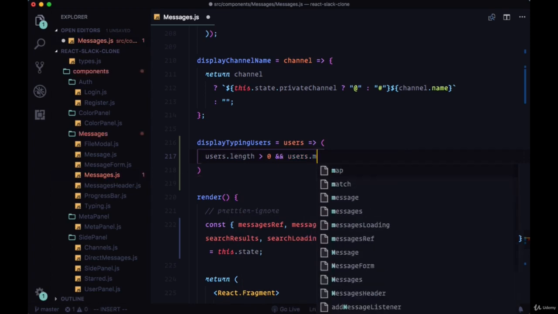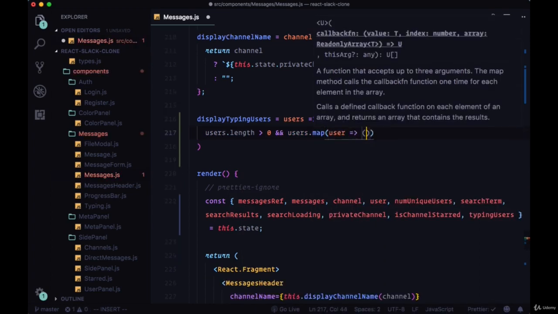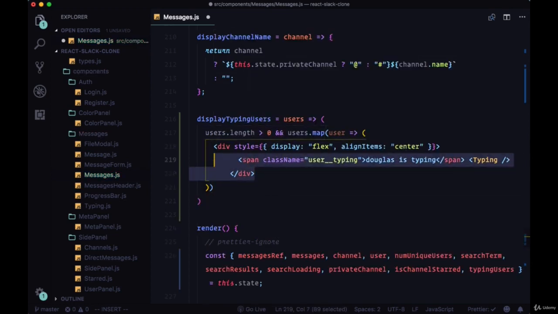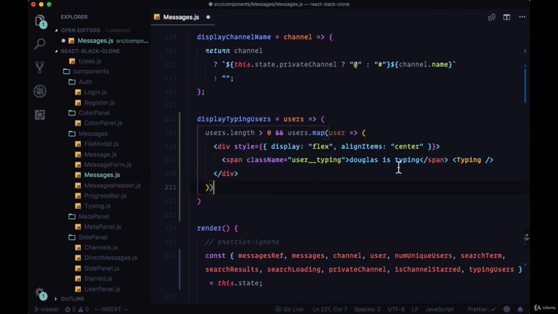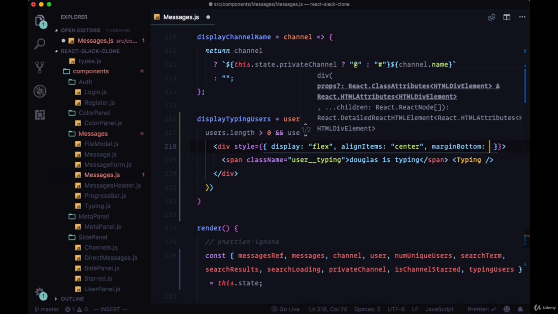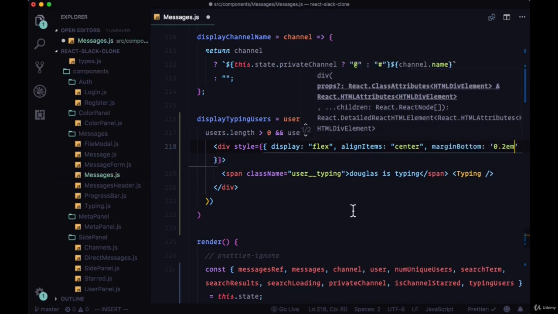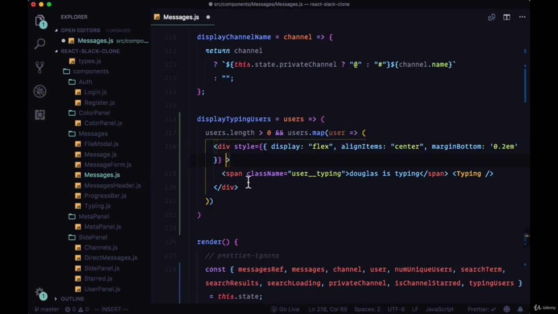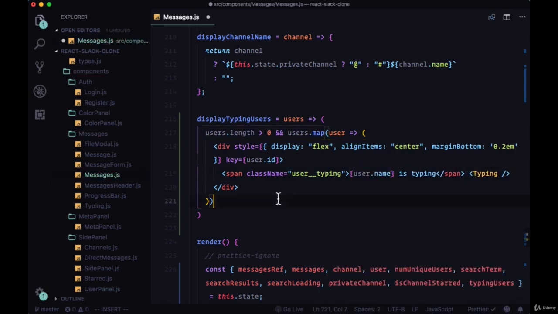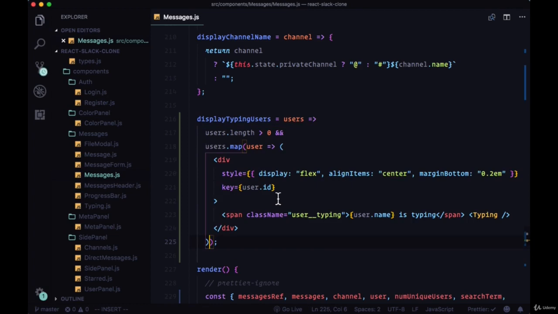If so, we'll map over it with the map method, and we'll paste in the markup that we copied, where we'll change, first of all, the style prop to include a margin bottom rule of 0.2 ems, and give it a key prop set to user.id. We'll replace the hard-coded username with user.name. We'll save our changes,